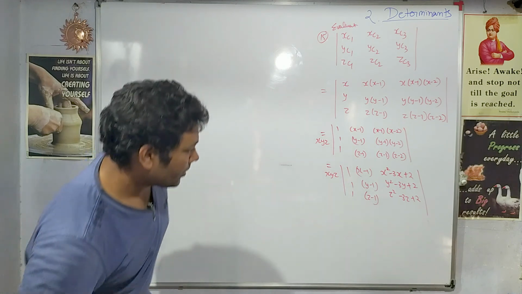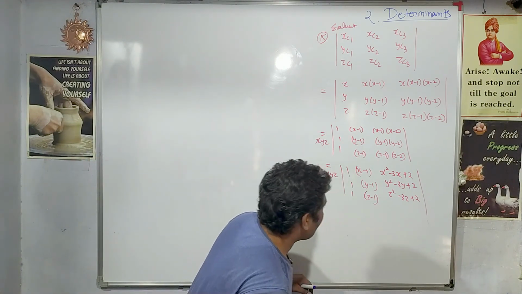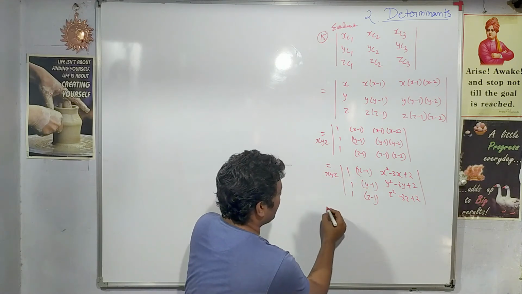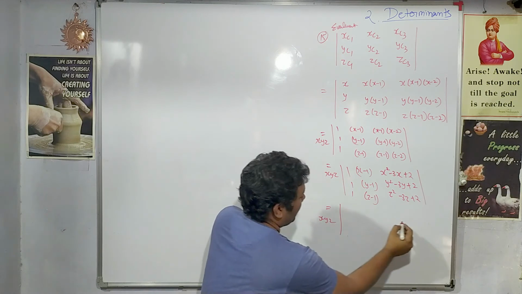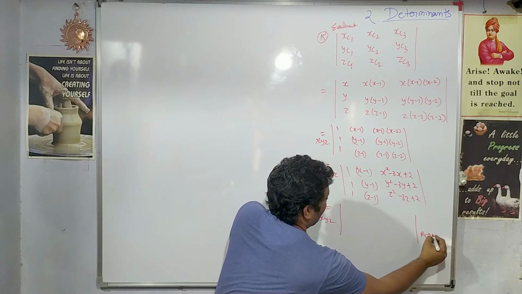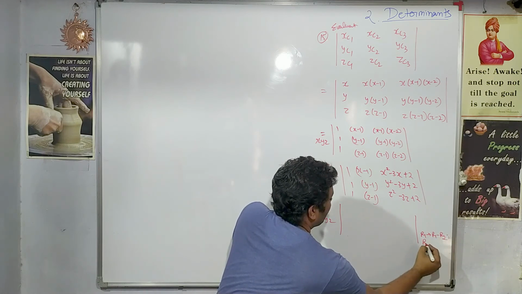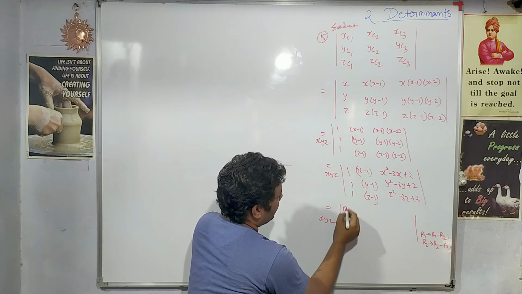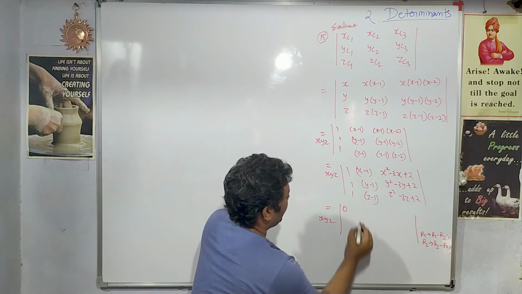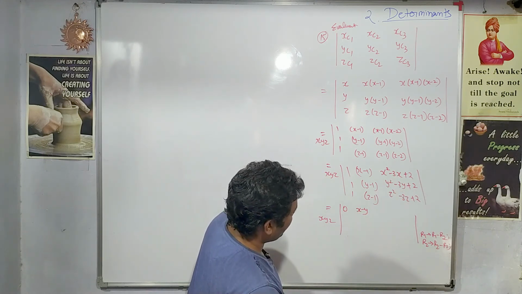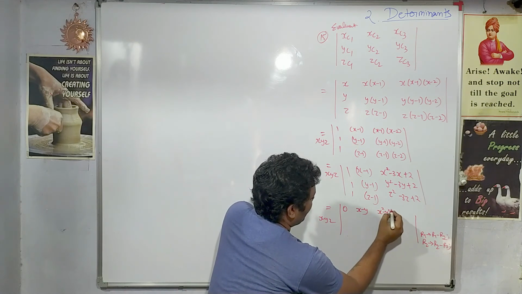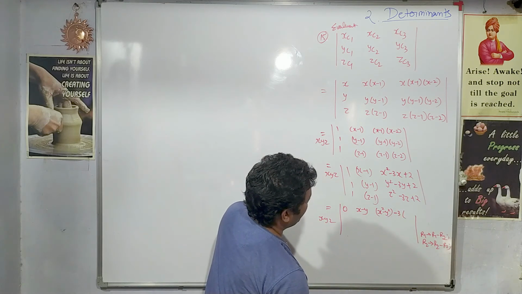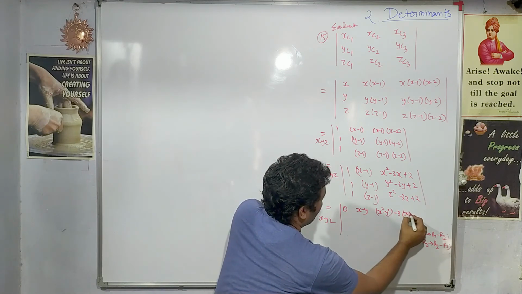Now if I do the subtractions, this will be helpful to me. What type of subtractions will I do? I will do the subtractions on row 1 and row 2. So just look at these operations. The operations will be R1 minus R2. An operation will also be done on R2, that will be R2 minus R3. So 1 minus 1 is 0. This subtraction, if I do, then x minus y remains. Here if I do the subtraction, then what will remain? x square minus y square. Then minus 3, if I take common, then x plus y will remain.